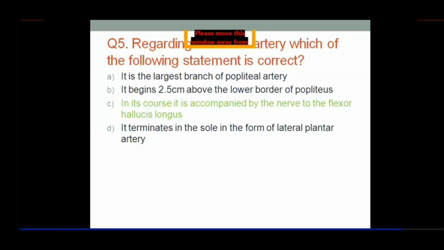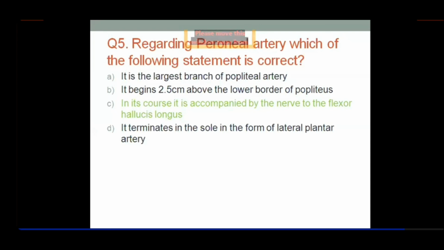Okay. Then remember that popliteal artery divides into two terminal branches at the level of lower border of popliteus. Remember, in this popliteal fossa you can see the popliteal artery. And popliteal artery descends down in the back of leg and it divides at the lower border of popliteus into anterior and posterior tibial arteries. Then anterior tibial artery crosses the upper limit of interosseous membrane and reaches into the front of leg, while posterior tibial artery continues in the back of leg, right?